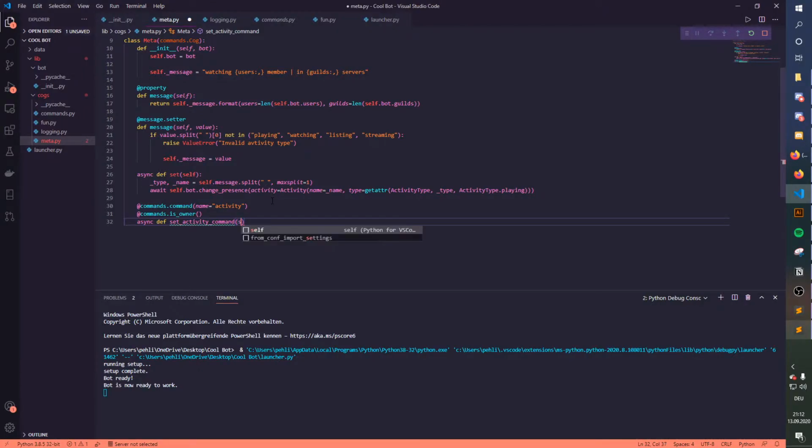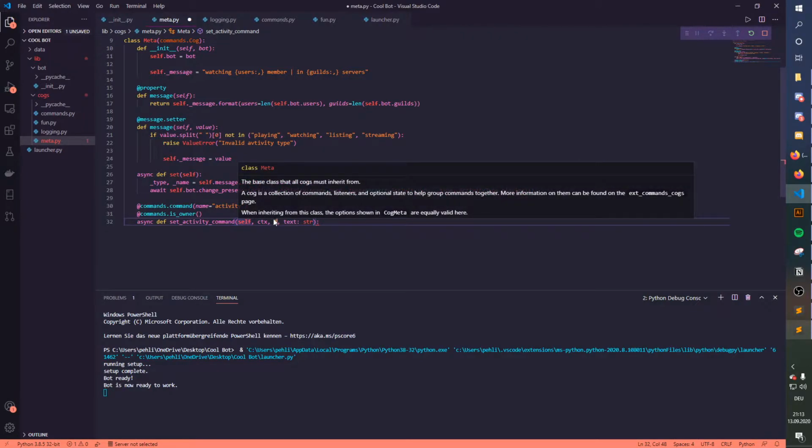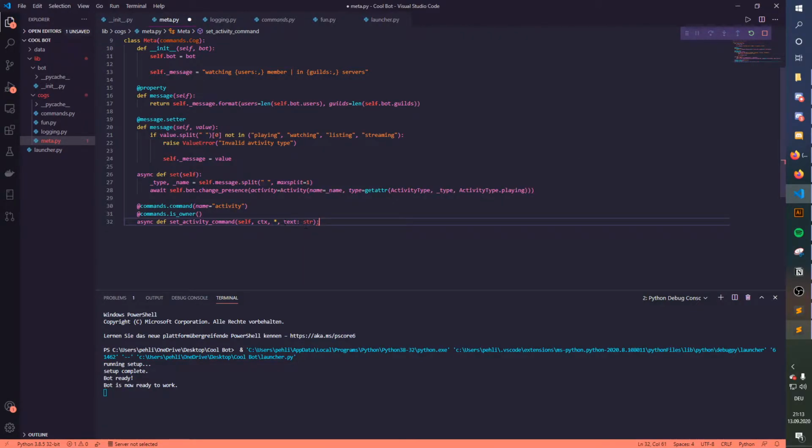or set one. We're going to say self, ctx, asterisk and then text equals to string. So that asterisk, I explained that in the last episode, that basically everything that comes in a statement after that asterisk will be counted as this here. So when I type my command, everything that comes after a certain point, in this case ctx, that stands for context by the way, basically will be this here. All right, so since we have clarified that, we can basically say